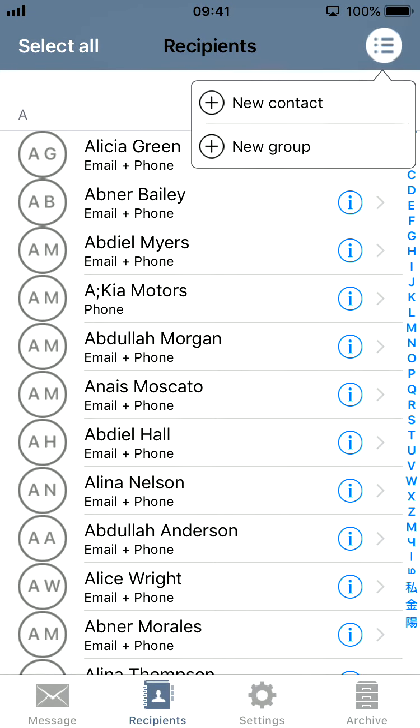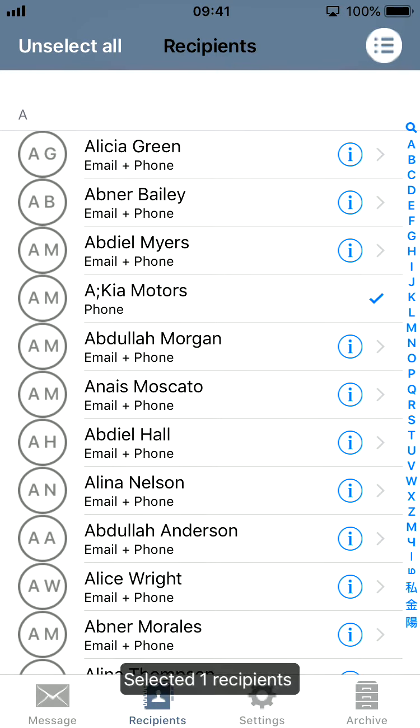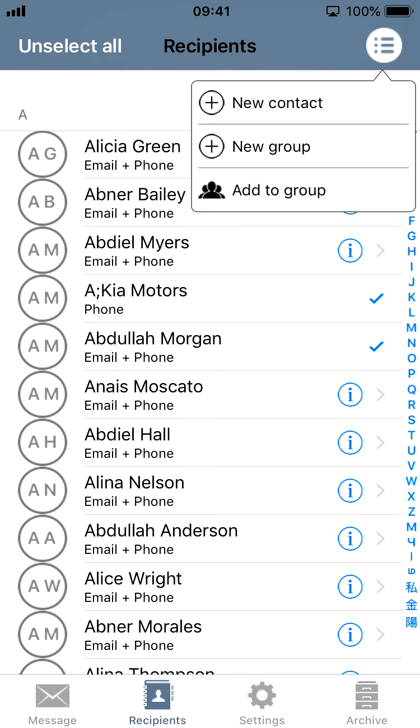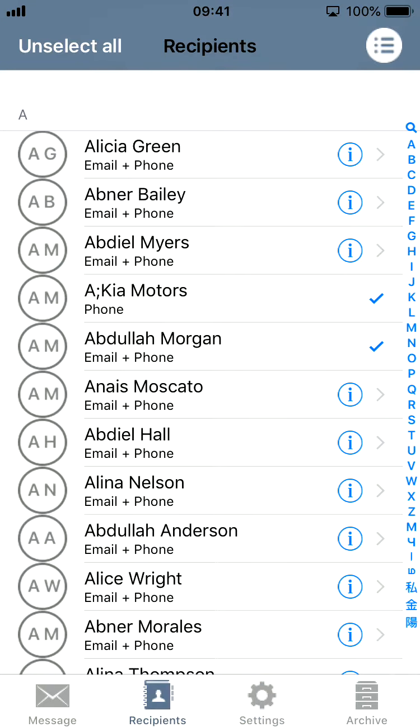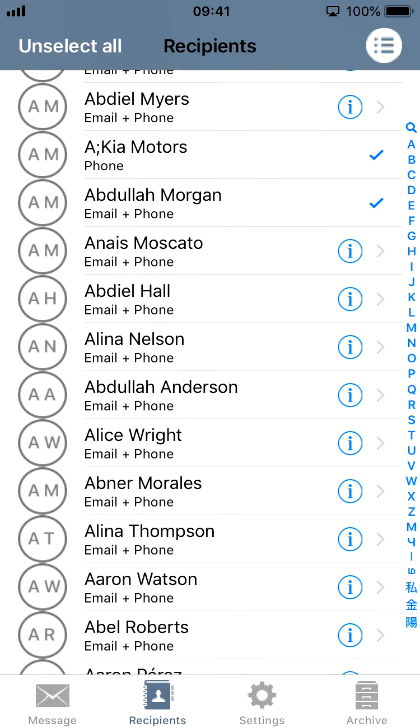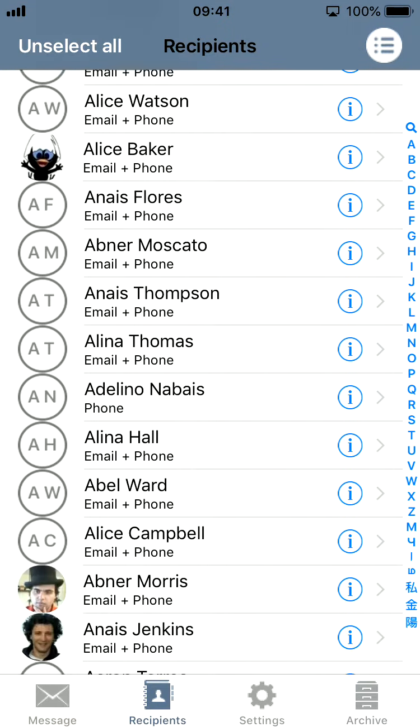You can create a new group or a new contact at any time. And if you select at least 2 recipients and then click create new group, it will create a new group with these 2 elements already inside. So it's very easy to organize your address book inside Easy Message. And so that's it basically. There are a few more things to know, but this is the basic